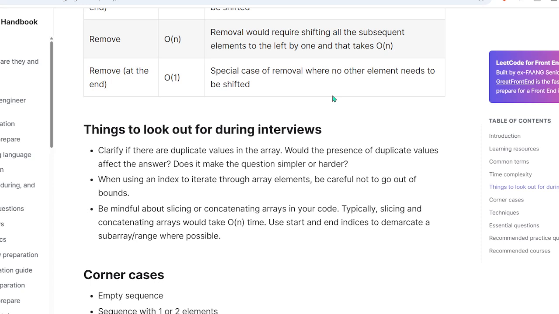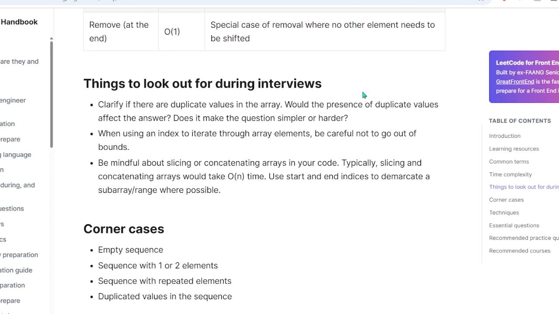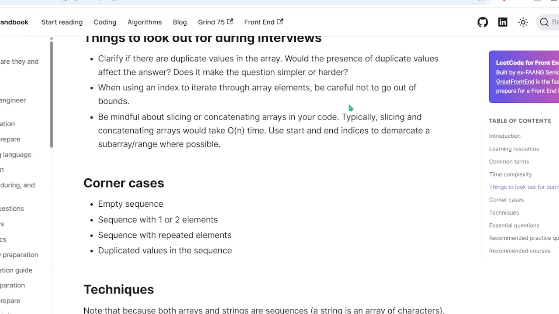Because I think that's also how the interview process works. They expect you to create a suboptimal solution first, and then you improve upon it, and eventually you reach the optimal solution.